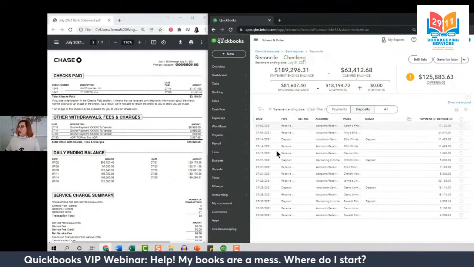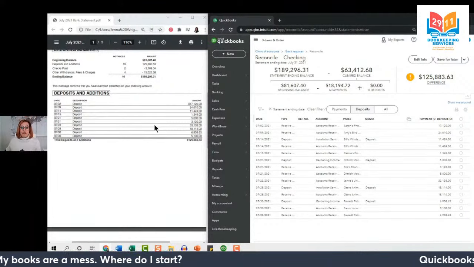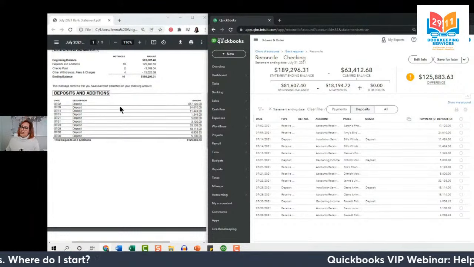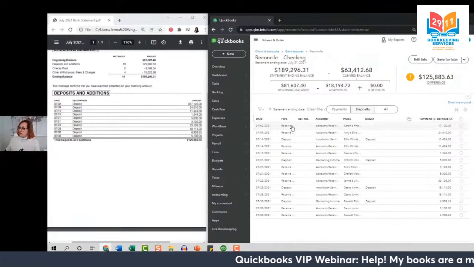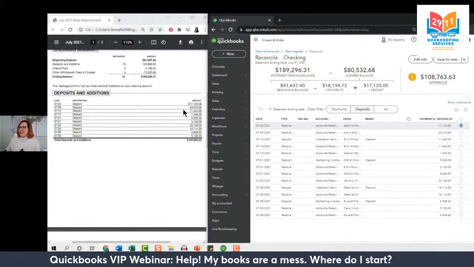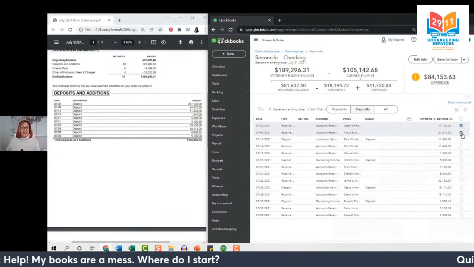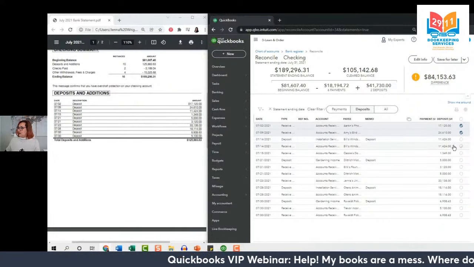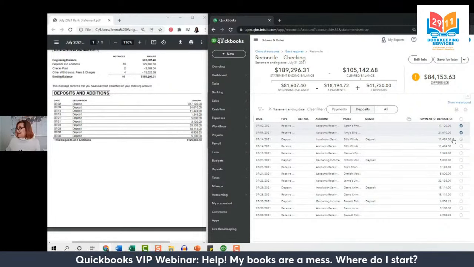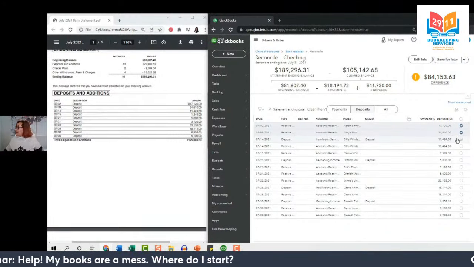Now let's flip over to our deposits because we have a little bit more to work with there. First deposit I see here on the 2nd, 17/120. Here's July 2nd, 17/120. Awesome. Next one, July 9th, 24/6/10. July 9th, 24/6/10. Looks great so far. Okay, third one, the 14th, 11/4/24. The 14th, 11/4/24. But you notice a problem here? I have two transactions in this amount.